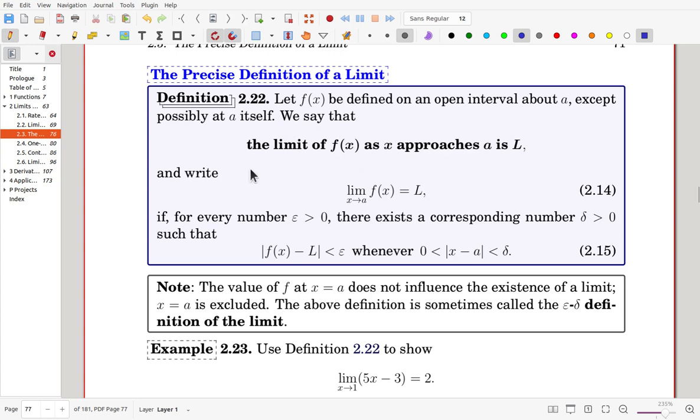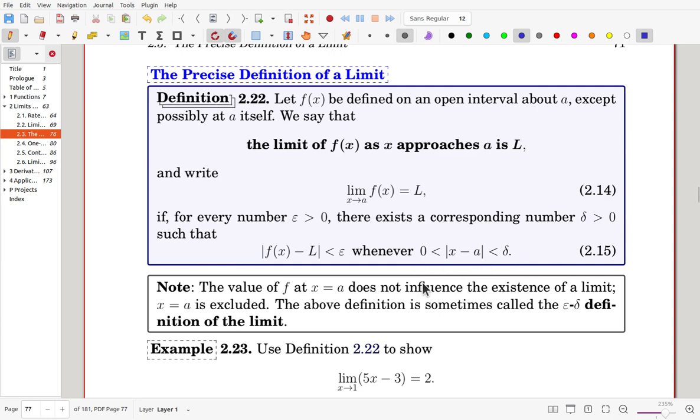So we say that the limit of f(x) as x approaches a is L, and we can write it in this way, if this is satisfied: for every choice of epsilon positive, there is a corresponding number delta, of course depending on epsilon, such that as far as you are choosing x satisfying this inequality,